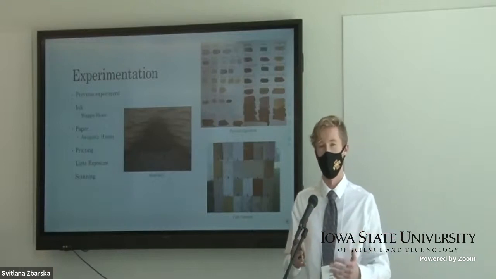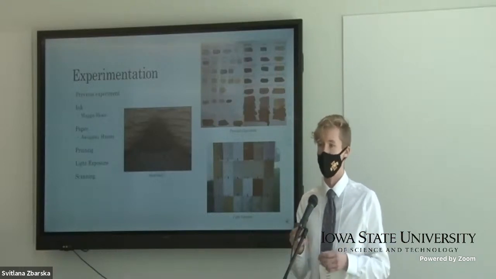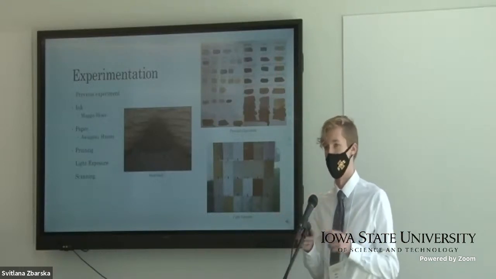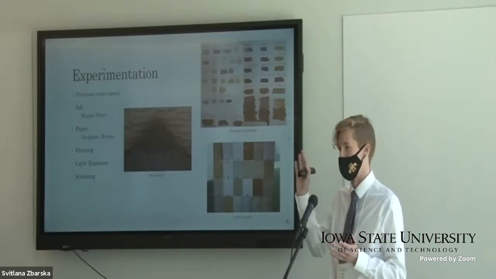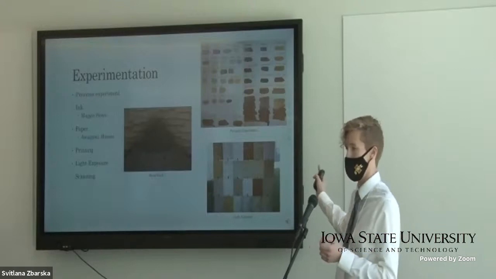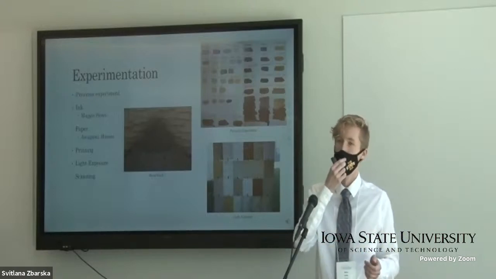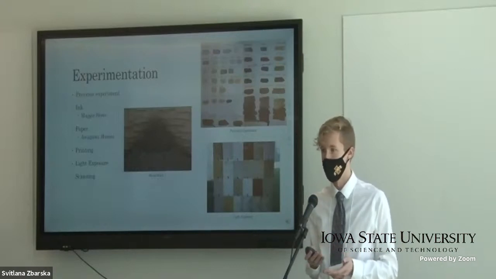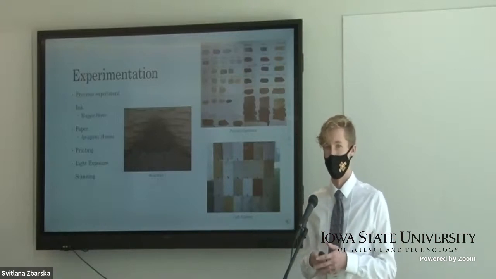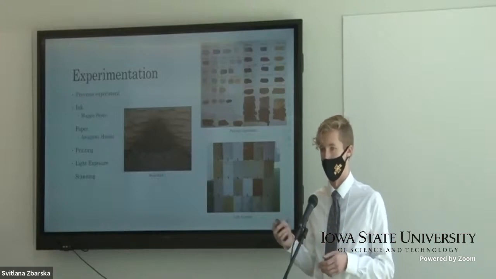Now, to actually test the light fastness of these inks, I would take them to a plexiglass square and hang them to the window of the printing studio. An example of one of those plexiglass squares can be seen in the bottom right-hand corner of that slide right there. And then to actually see how they deteriorate over a number of weeks, I would scan them, and in this way, I'd be able to see how they deteriorated week after week.